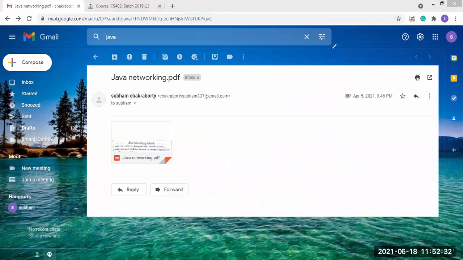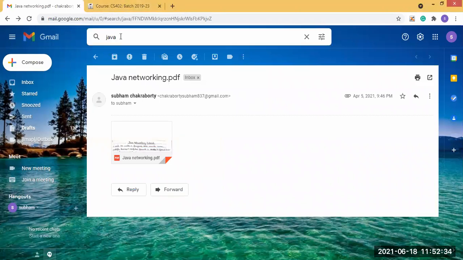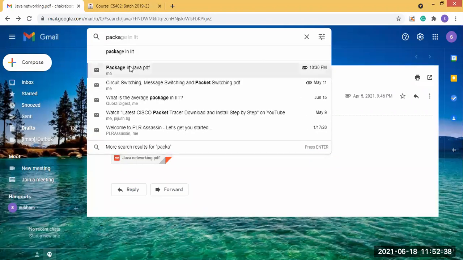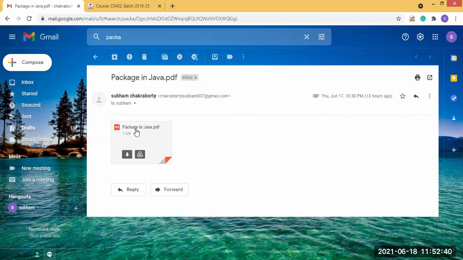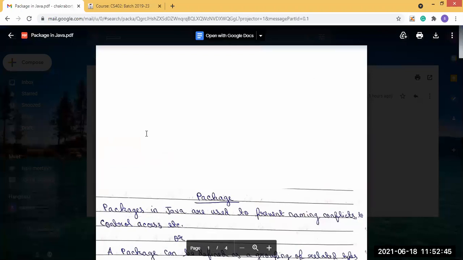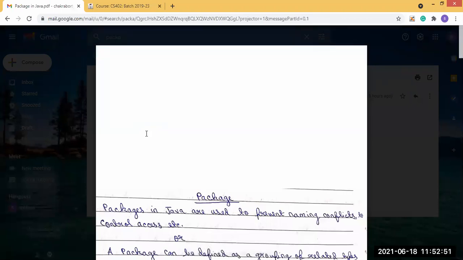Now one thing I have left, that I haven't done, is the package concept in Java. Whatever packages we have seen so far, there is a concept behind packages.